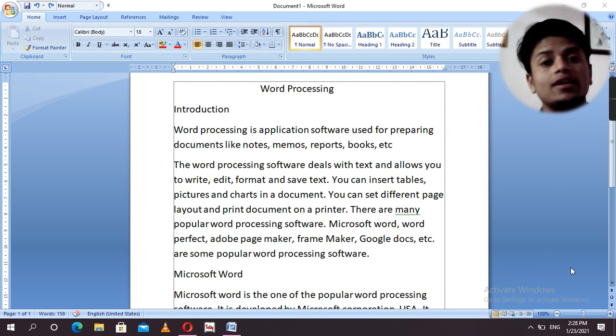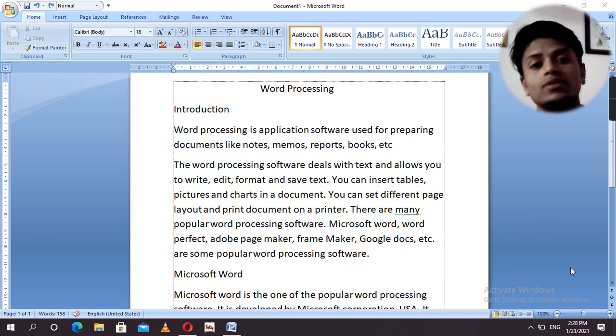In paragraph setup, we're going to discuss and learn about the space between lines and text alignment. Basically, there are four types of alignment: left alignment, center alignment, right alignment, and justify alignment. We will go on live practice with what left, right, center and justify alignment are, and show you the actual process. After that we'll discuss page setup.